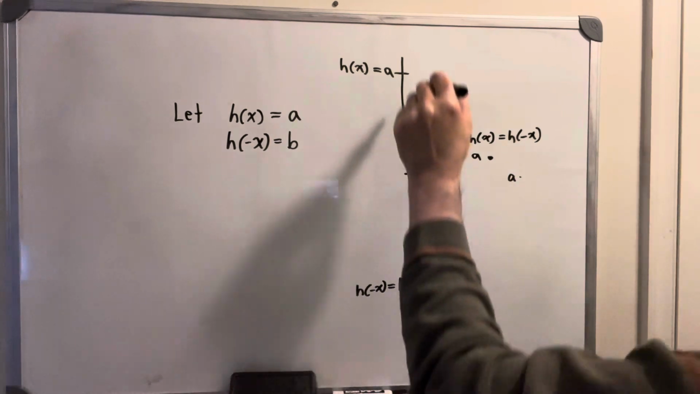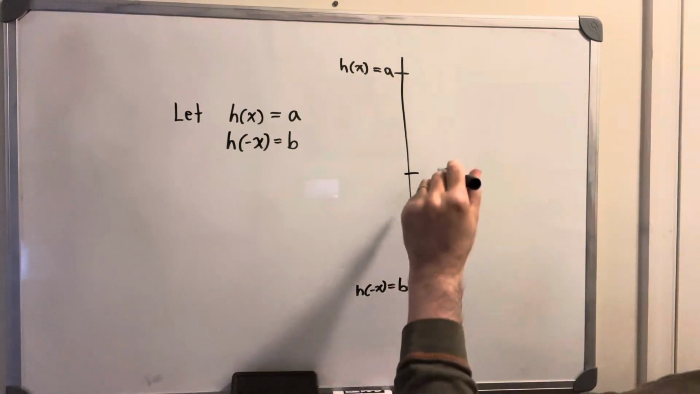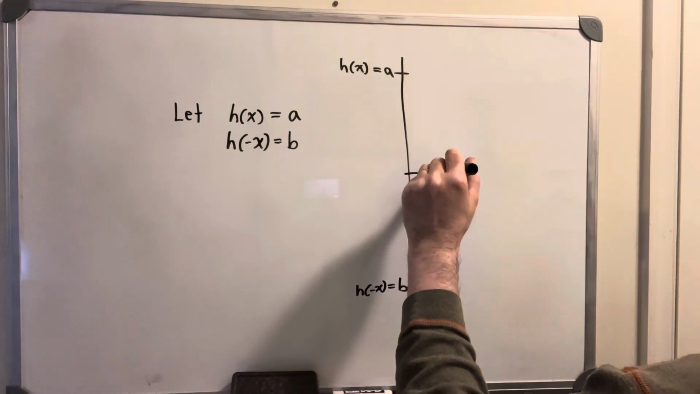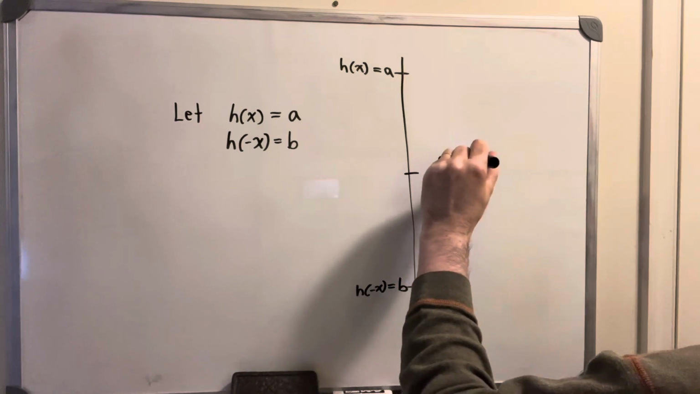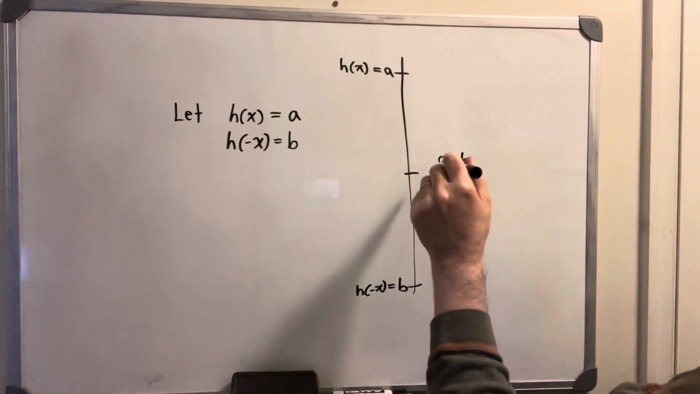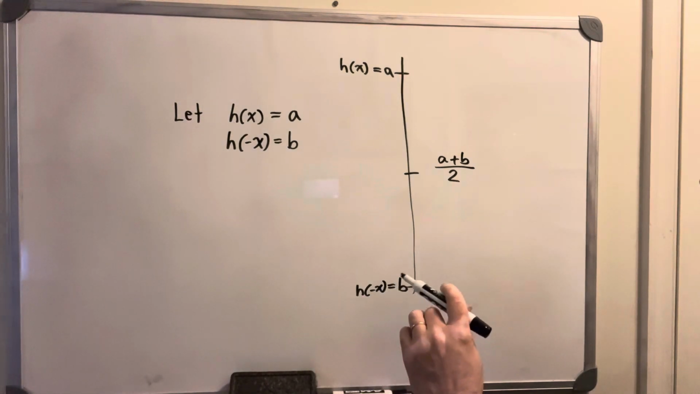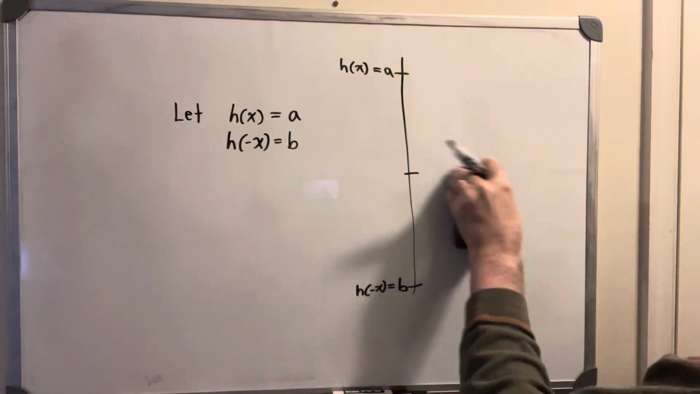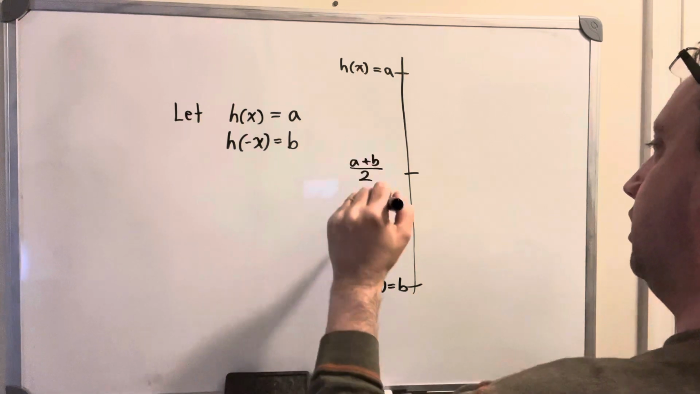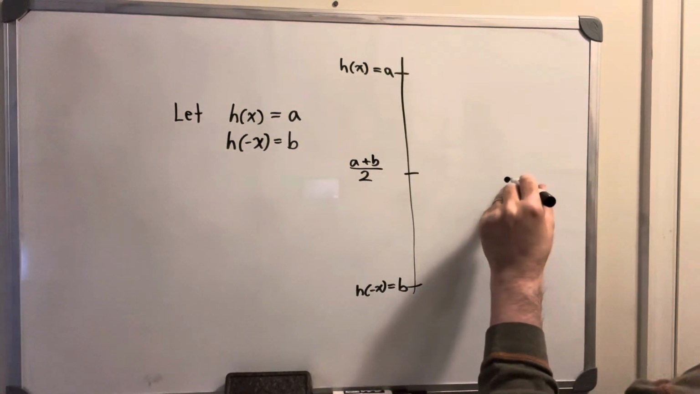In this case, where they differ by some amount, do you agree that the midpoint between this would be a plus b over 2, right? So it has some midpoint value. Okay, I'm going to write that on this side because now if they are both equal to each other, h of x and h of minus x, then the midpoint is a,